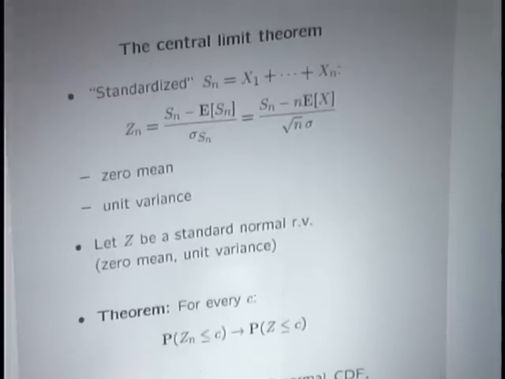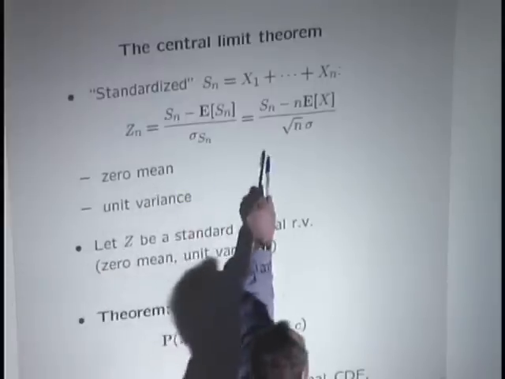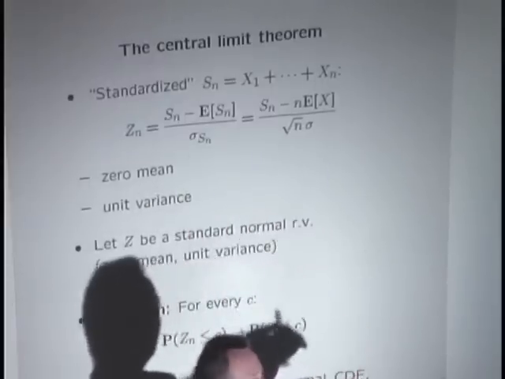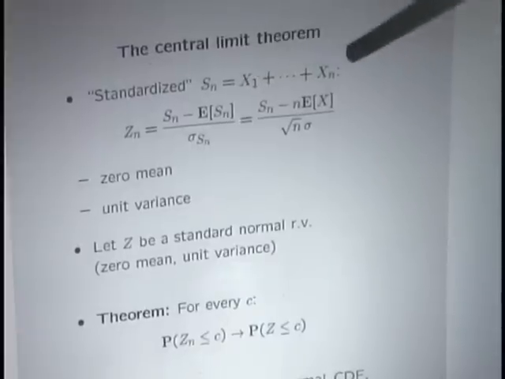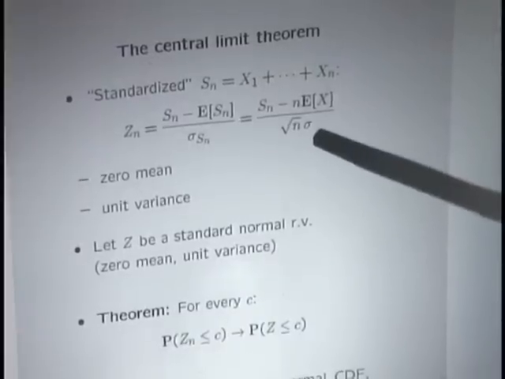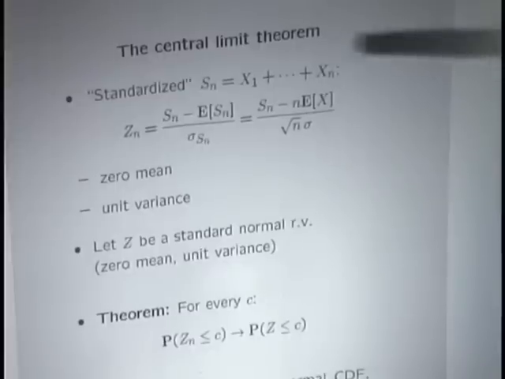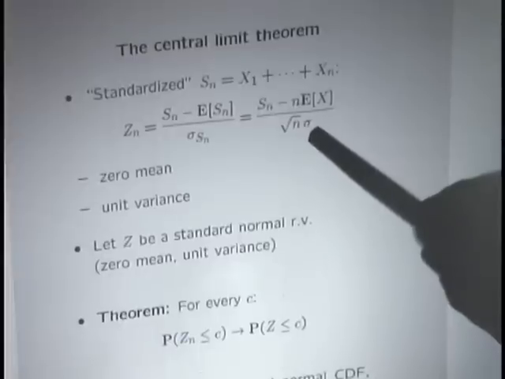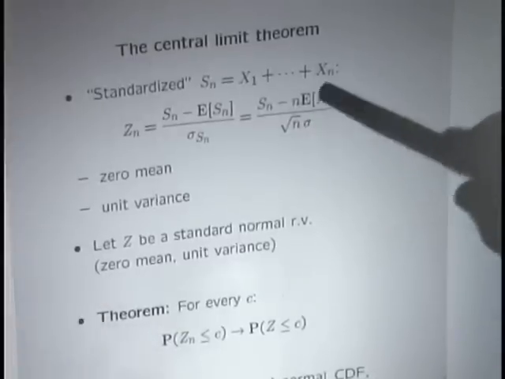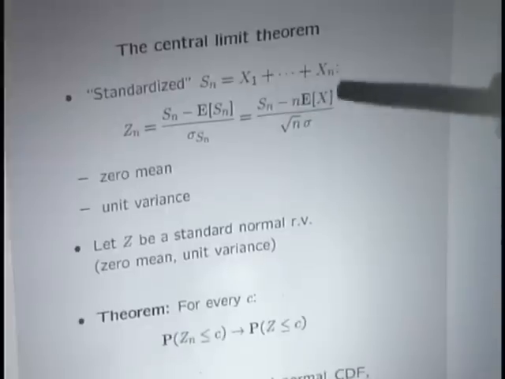If my random variable has a positive mean, then this quantity is going to have a mean that's positive and growing. It's going to be shifting to the right. Why is that? Sn has a mean that's proportional to n. When I divide by square root n, the mean scales like square root of n. So my distribution would still keep shifting after I do this division. I want to keep my distribution in place, so I subtract out the mean of Sn.